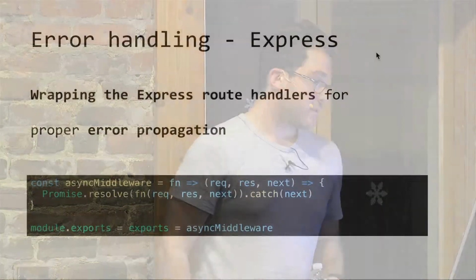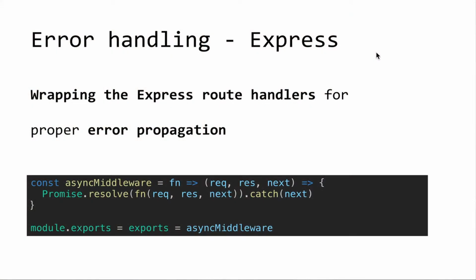And the last step, before we can migrate our route handlers to throw and to use async await, is to prepare Express to be able to handle promises, because by default Express does not do that for us. So what you have to add is an async middleware. Basically, with this you can just wrap your code base